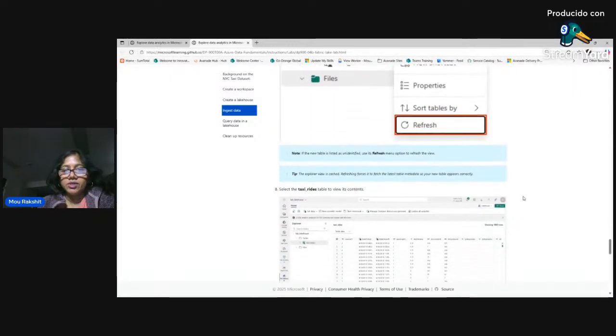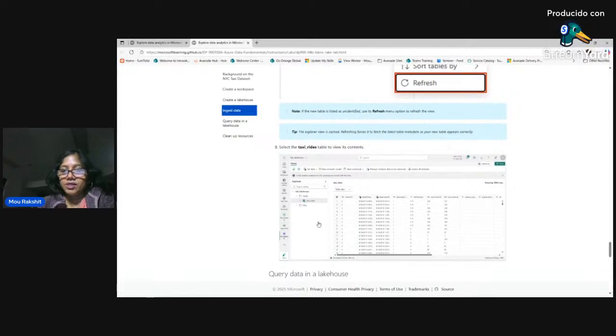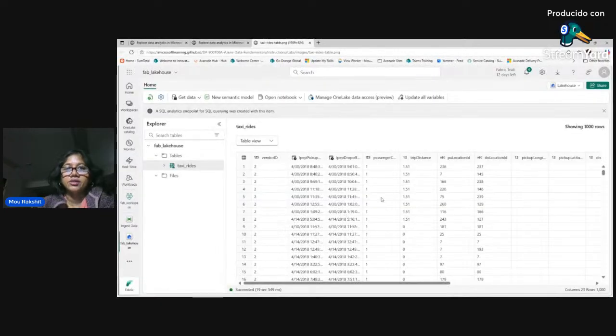Once the table is there, you can look into it. See, now it is presented in a row-columnar structure. It is showing your table view, all the columns you just ingested. So what you did is you brought the data from a sample Parquet file into the Microsoft Fabric platform as a delta table within the lakehouse that you just created. With a few clicks, you were able to get all those things done, right?